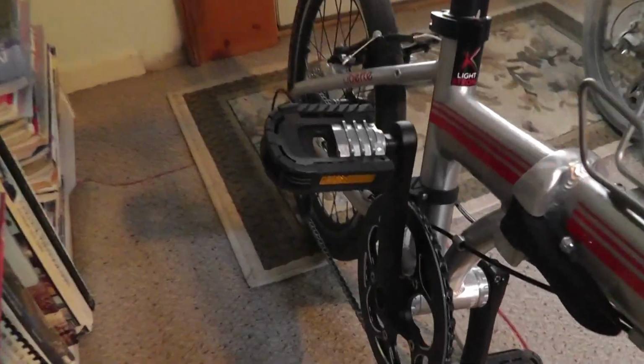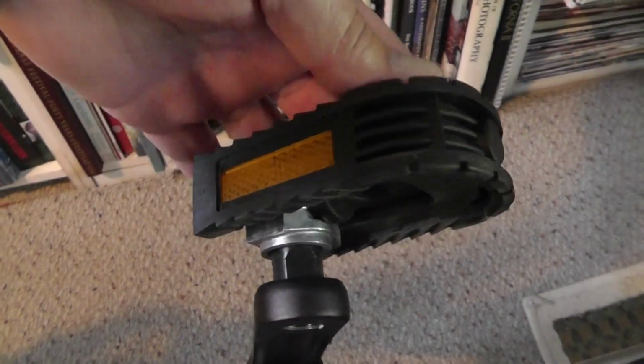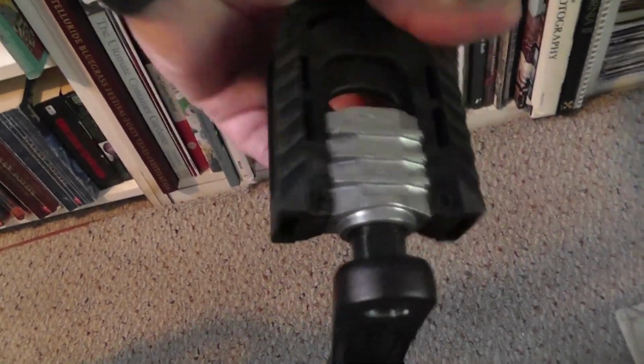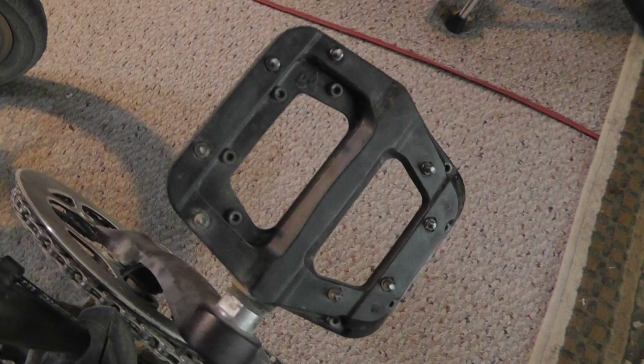Now, they both come with folding pedals. Let me get in there. You just pull this out like that and it's folded. And when you're ready to go, you just put your finger in there, straighten it out, and it clicks in. I do not have folding pedals on my Urbano, not because it didn't come with them, because it did, but